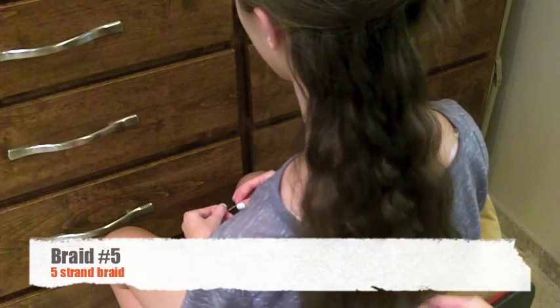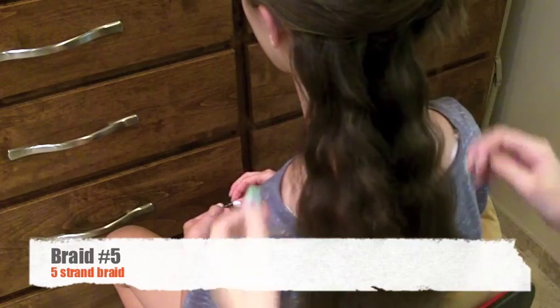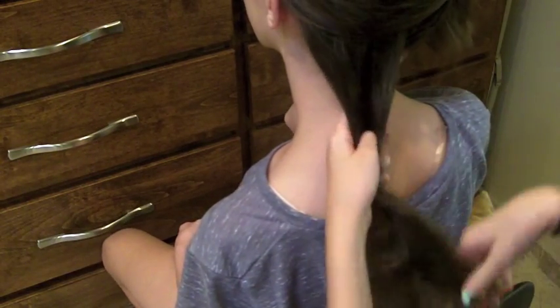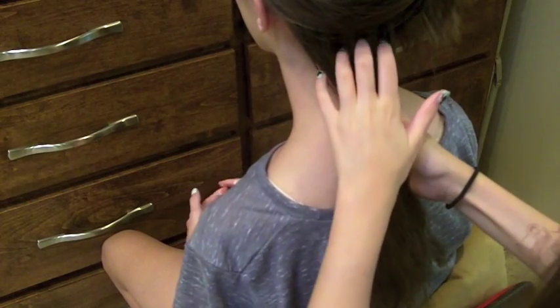Okay, we're going to get started with braid number 5, which is the 5-strand braid, which is pretty much the same pattern of the 4-strand braid except with 5 strands. So I'm just going